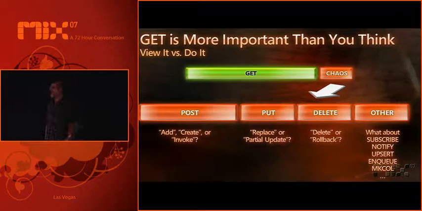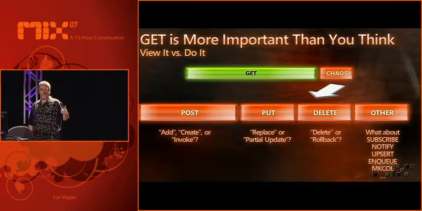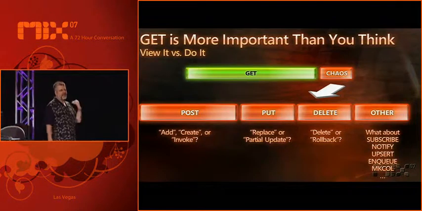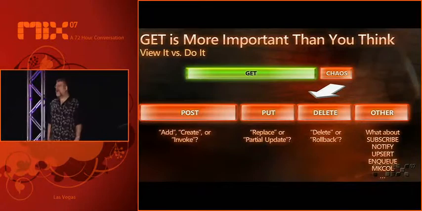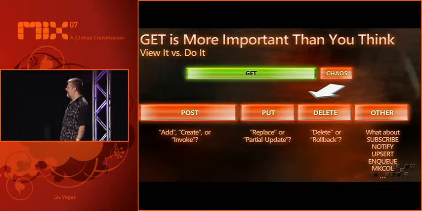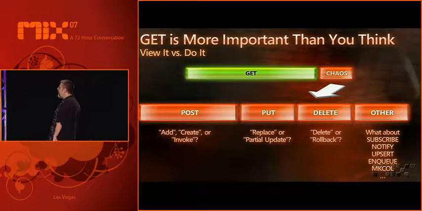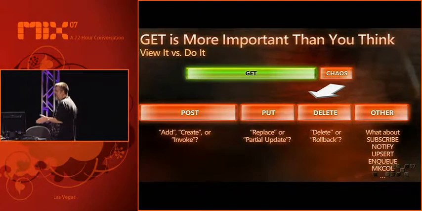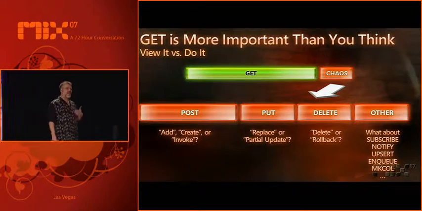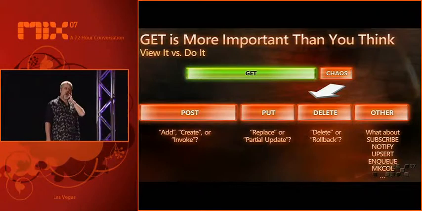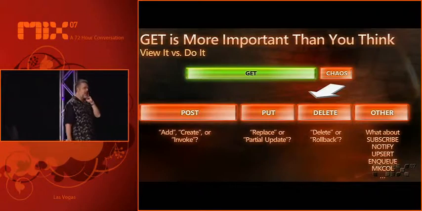Well, in HTTP, there are various ways of thinking about the chaos. There is a set of reasoned and disciplined HTTP methods for dealing with updates. Delete and put are two HTTP methods that one can use for dealing with the chaos. However, they only capture a small number of the chaotic things you may want to do. They don't deal with things like buy a new car. How do I implement buy a new car on my web server?